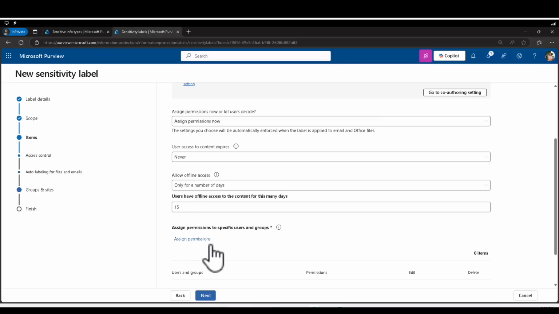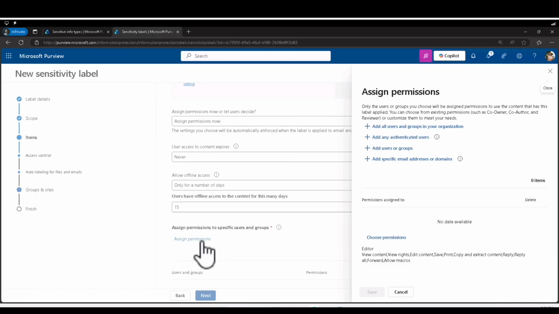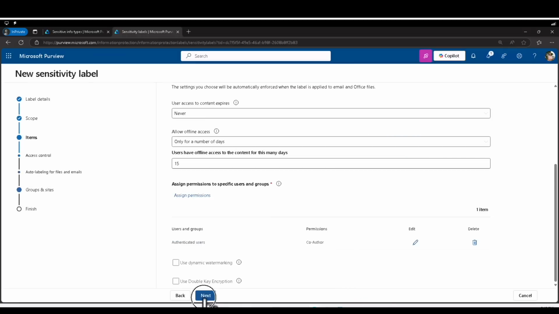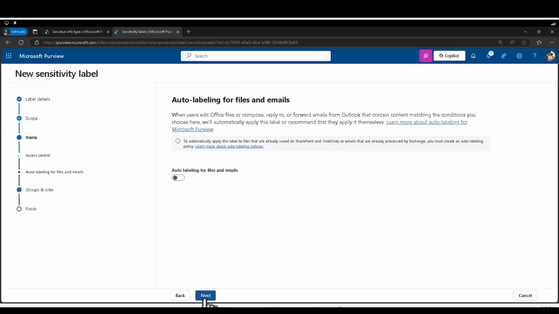Under select the assign permission, click on assign permission. Here you have ability to add permission to add all users or add any authenticated users, add users and group, things like that. We are going to select add authenticated users. Click on save and click next. And next is access control for the auto labeling. We are not going to do any changes here. Click next,